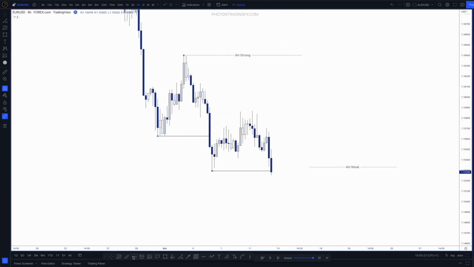Because otherwise what can happen sometimes is price can move down whilst it's printing like this, and then it can come back up and close back up here. And obviously that wouldn't be a candle body close, so it wouldn't be a confirmed break of structure, and you would need to leave your swing high up here, right? But in this instance, we've had the break, we've had the close below, we can draw that as our BOS,